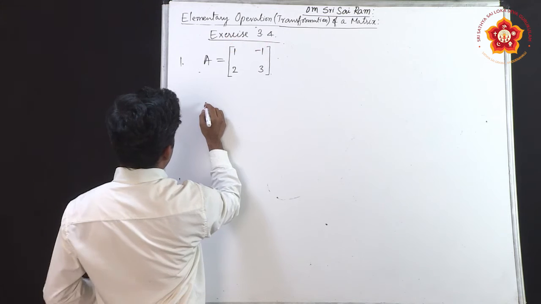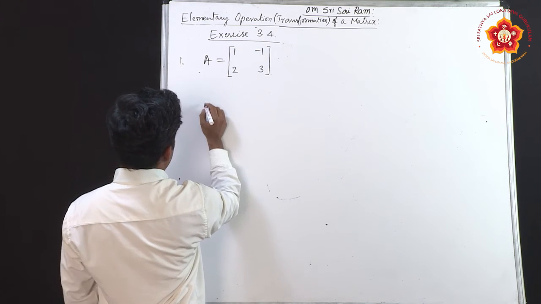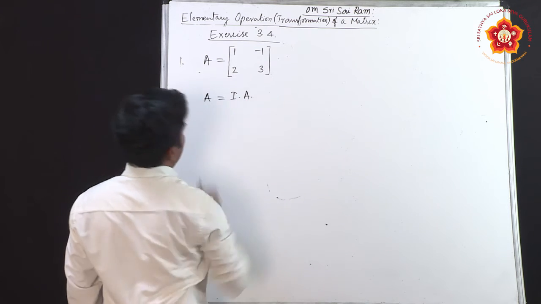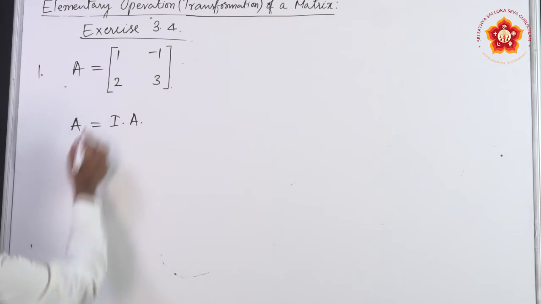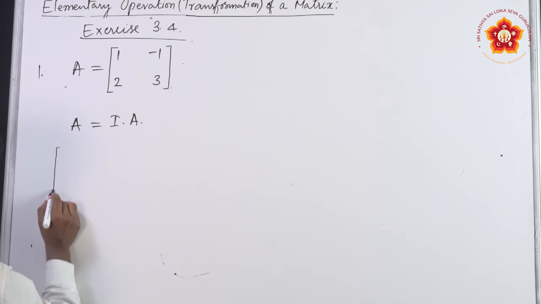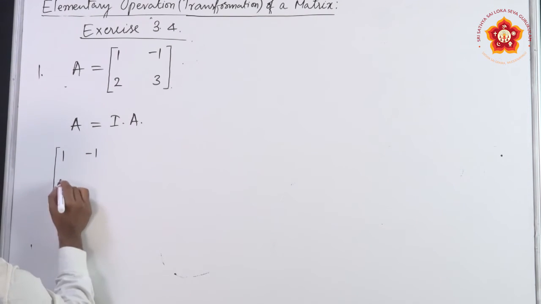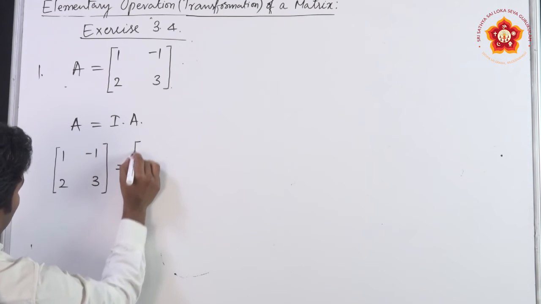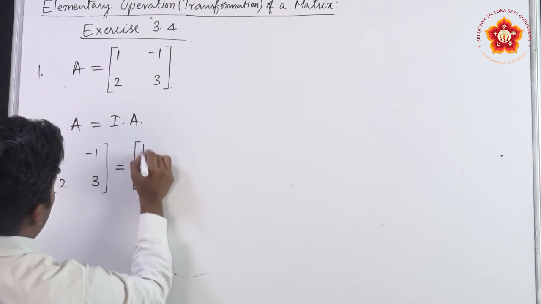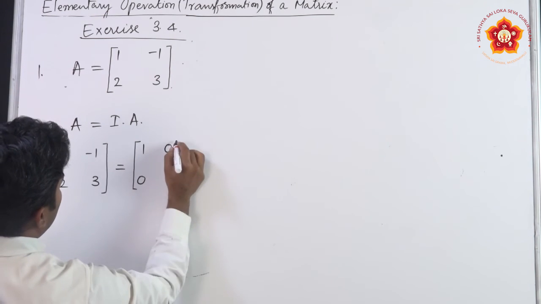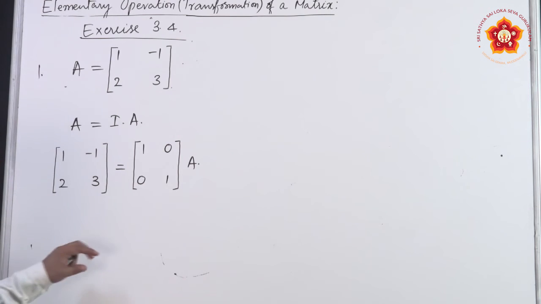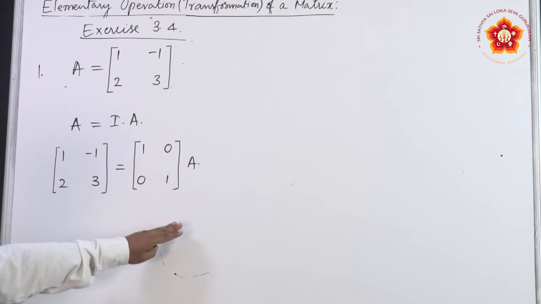So, let us write, to use the row operation to find A inverse, I have to write matrix A as I times A, where A is the given matrix. Let us write that [1 -1; 2 3] equal to I, which is the same order [1 0; 0 1], into A. Now, we are going to reduce the LHS side as identity matrix, then the other side becomes the inverse